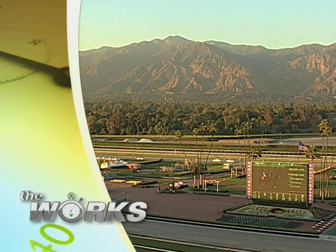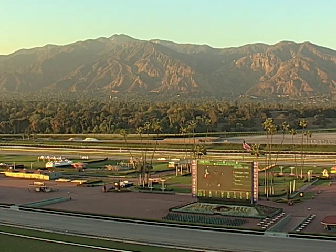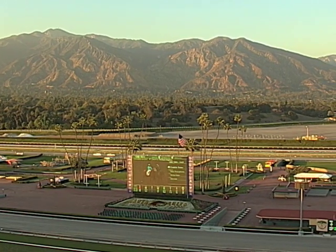It's days like today when you understand why the Breeders' Cup World Championships has made Oak Tree at Santa Anita the back-to-back location for these fantastic two championship days of racing. Welcome to Arcadia, California, and the set of The Works Breeders' Cup 2009. America's Horse Racing Network, TVG, has always had The Works as a staple in its programming, and you are going to get all the information you need to get to tvg.com and play the two championship days of racing, Friday and